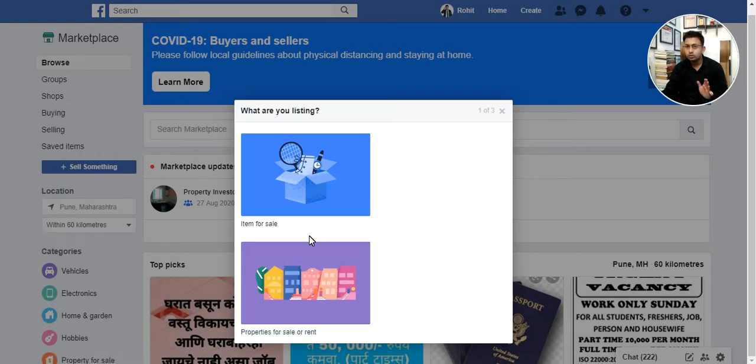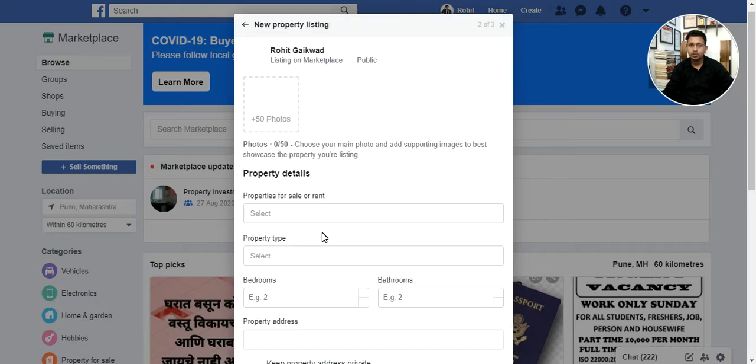They have an exclusive property store, and the rest of the things like fashion, electronics, services and all, they have only one group, while for properties they have exclusive groups. So it might be a hint from Facebook that they will come up as the top platform, along with millions of properties and millions of buyers. So let's begin. We'll click on properties.